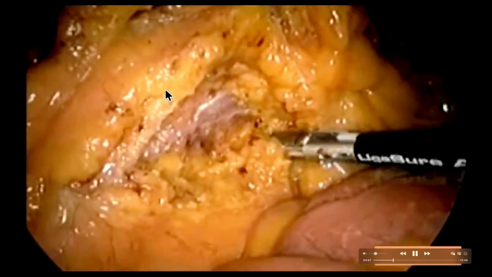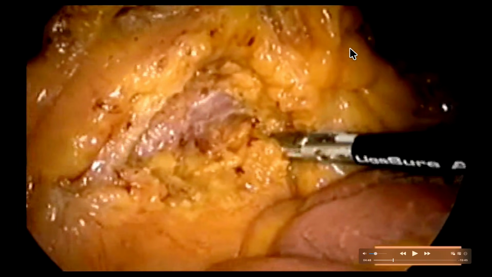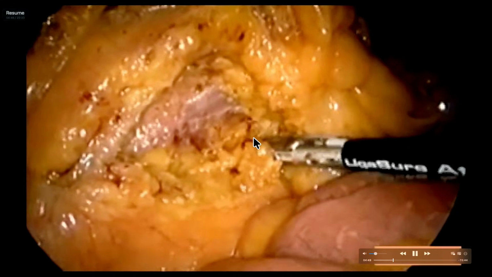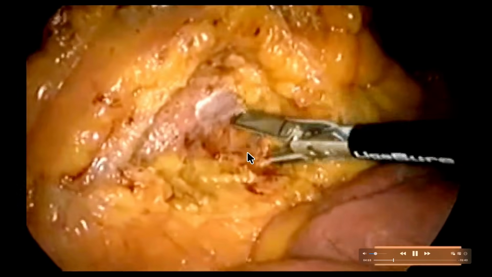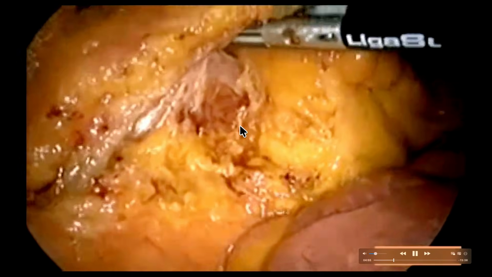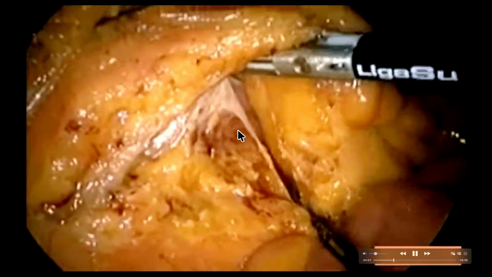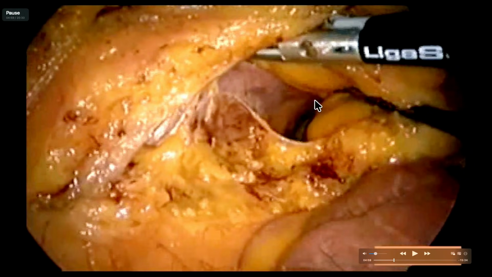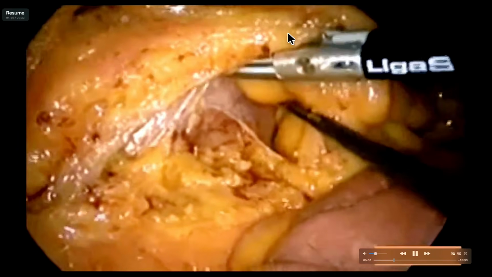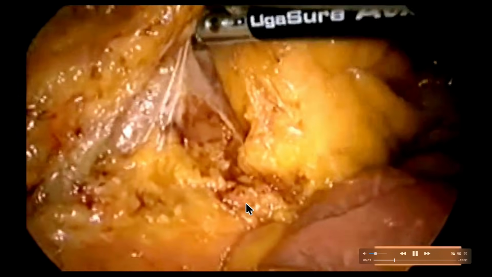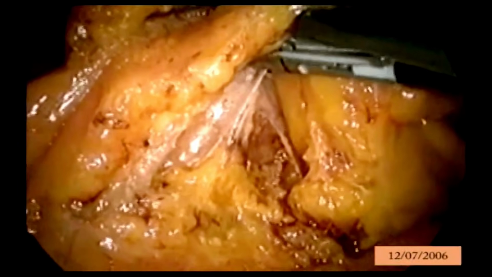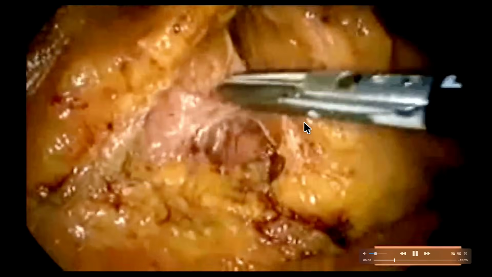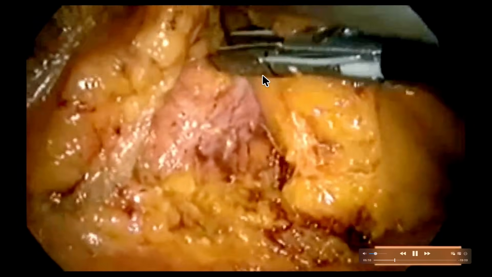So we can see here, this is the colon and a small window is formed. This is the medial approach. We can see there is a window formed. After that you will drop it and again start the lateral approach. So after making this window,